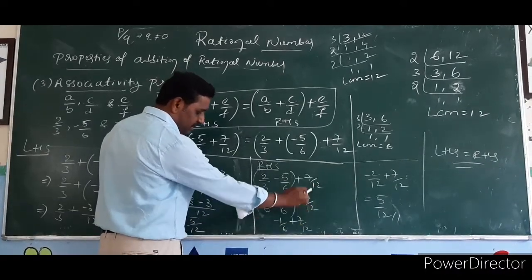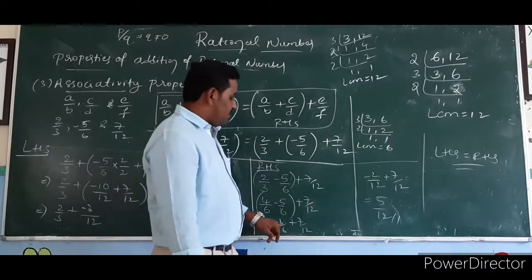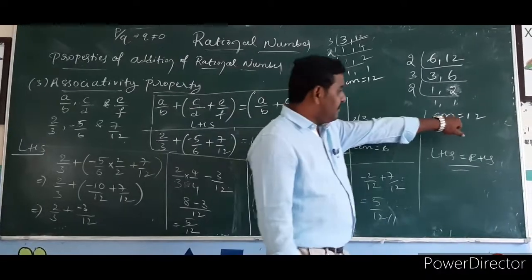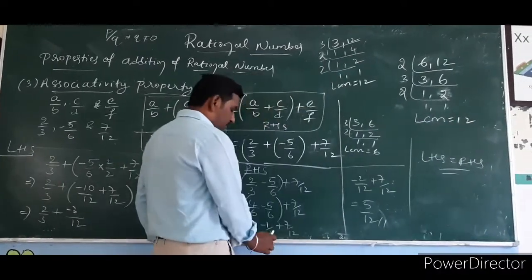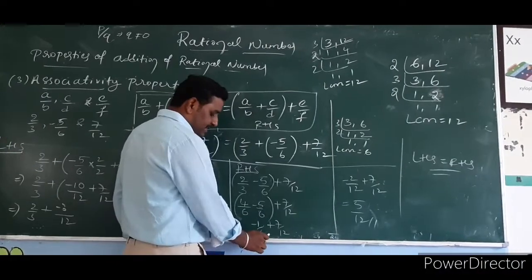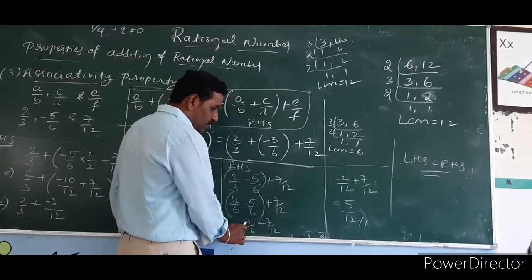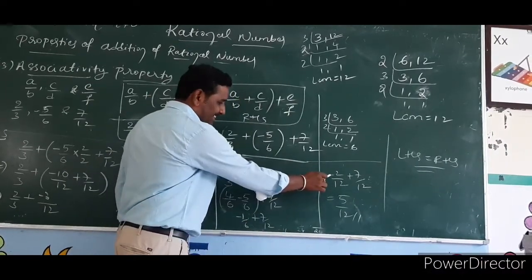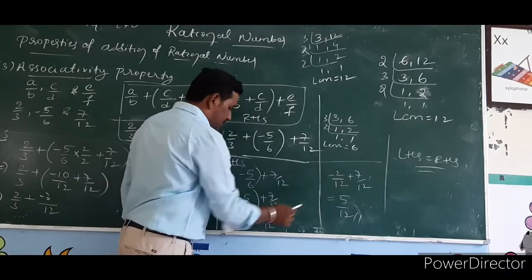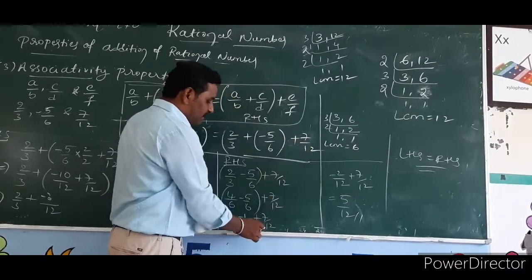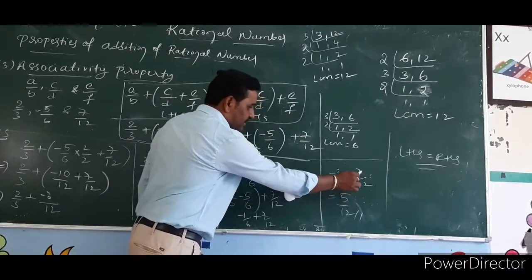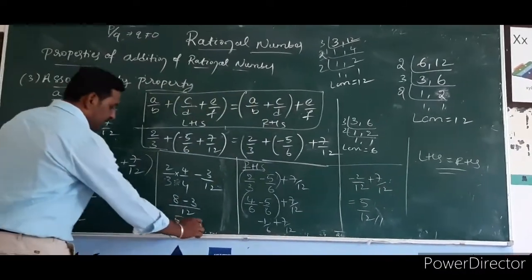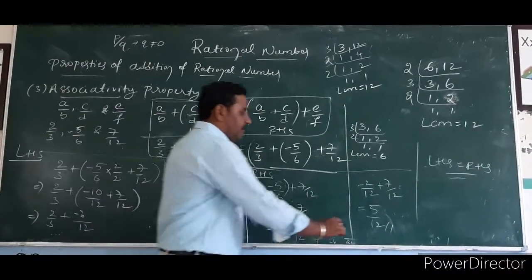Here the last rational number is 7 by 12. For minus 1 by 6 plus 7 by 12, the LCM of 6 and 12 is 12. If you want 12 here, what should be multiplied? 6 2s are 12, 2 1s are 2. So minus 2, the minus sign in front of the 1 you can keep as it is, over 12, plus 7 by 12. The LCM is 12, there is no need to change. In 7, when 2 goes, what is the answer? 5 by 12. Look here.